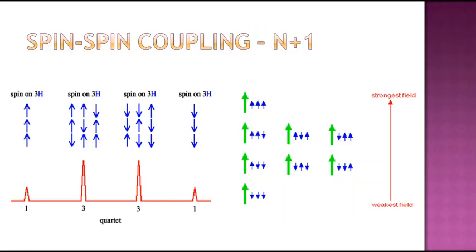Right, then this is how each proton in the molecule gives a signal. But when a proton gives one signal, the signal usually splits into different lines. That is, a signal splits into 2, a signal splits into 3, a signal splits into 4, like that. It splits into different patterns. How does this splitting take place? This is due to spin-spin coupling.